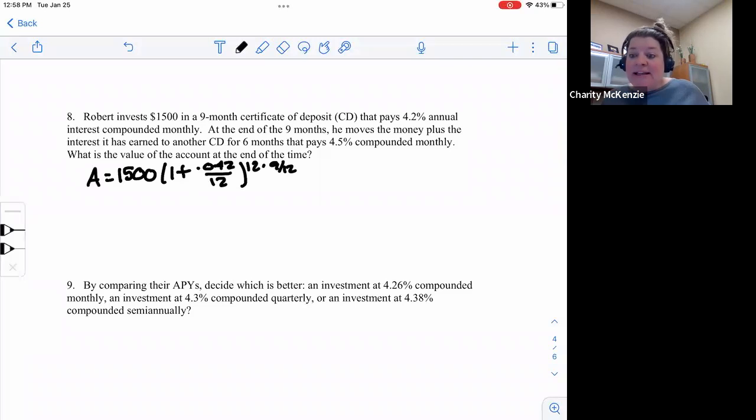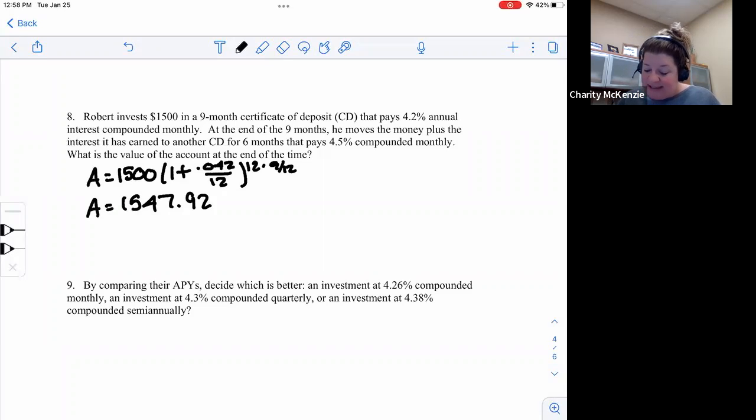So I'm going to calculate this out. 15,000 times parentheses 1 plus 0.042 divided by 12, to the power of basically just 9, because 9/12 times 12, we just said that. So I get $15,047.92. Okay, at the end of the 9 months, he moves the money plus the interest he earned to another one